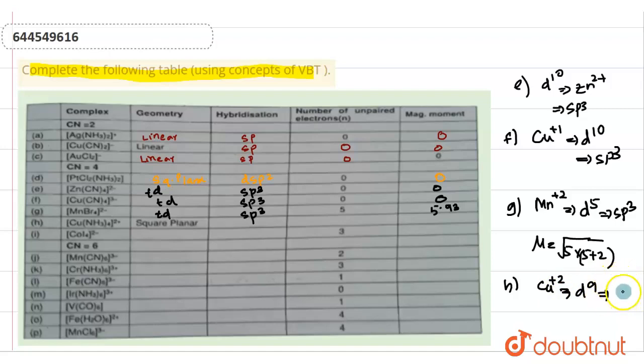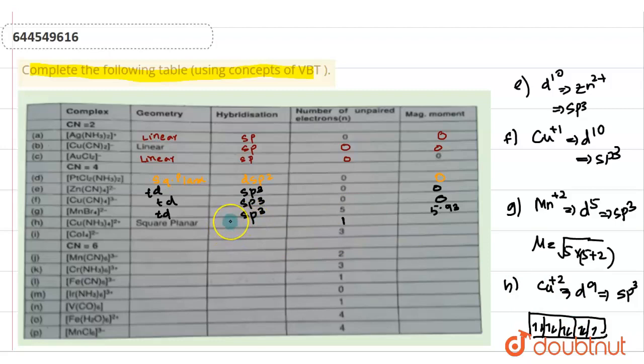completely d occupied, so it will have sp3 hybridization, because all the d orbitals will be filled, and we are being given how many unpaired electrons? Nothing has been given, so we will have 1 unpaired electron, because the filling will be like this. It is a d9 system, so 1 2 3 4 5 6 7 8 9. So we will have 1 unpaired electron, and it will have hybridization of